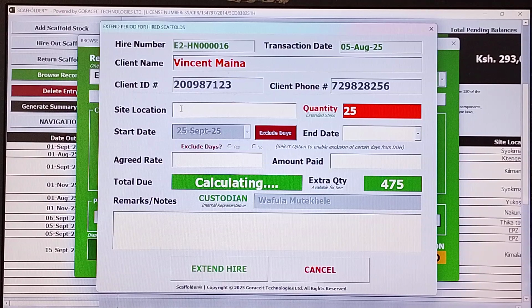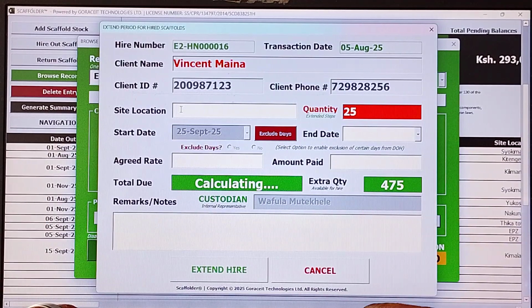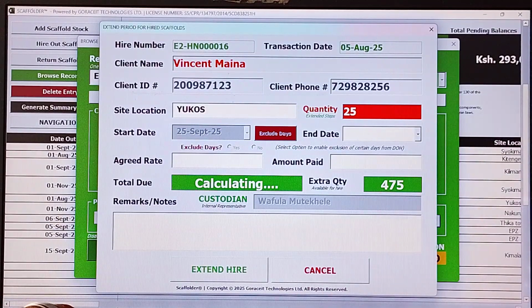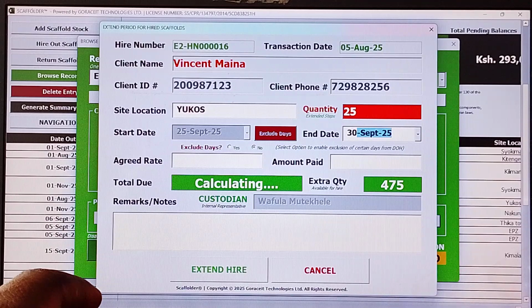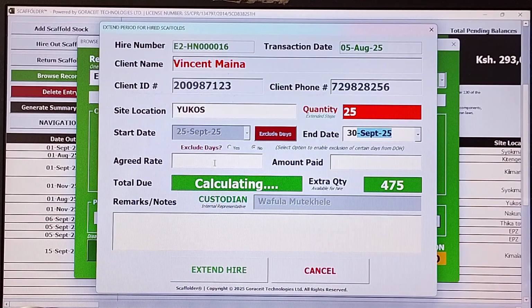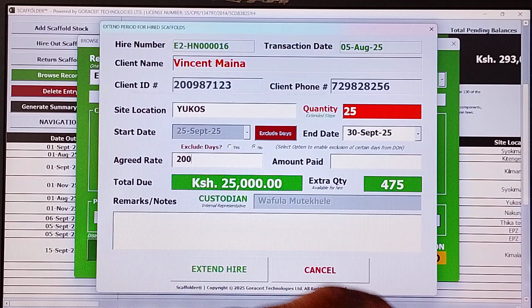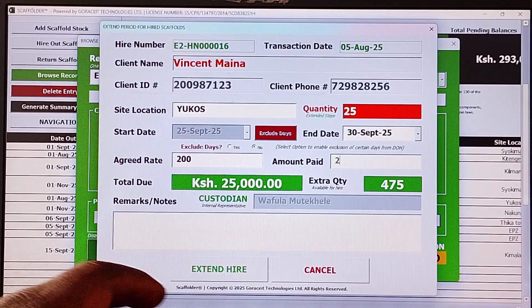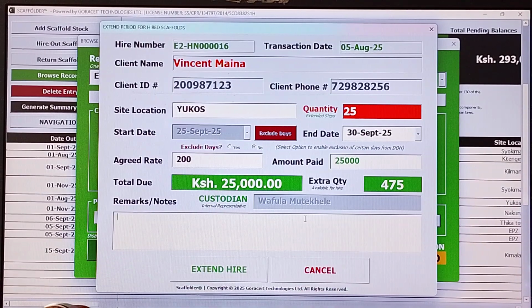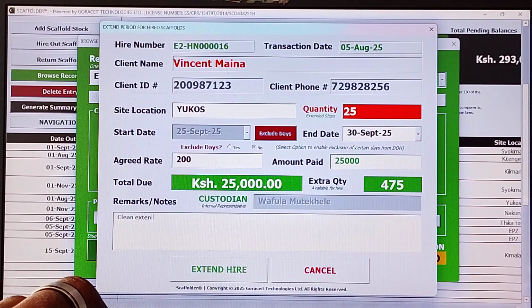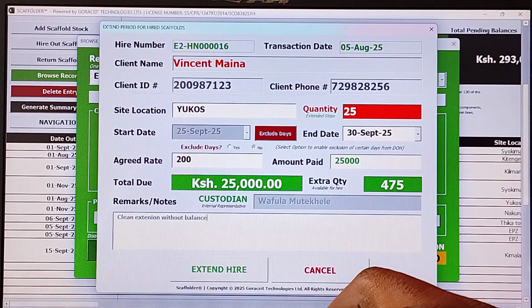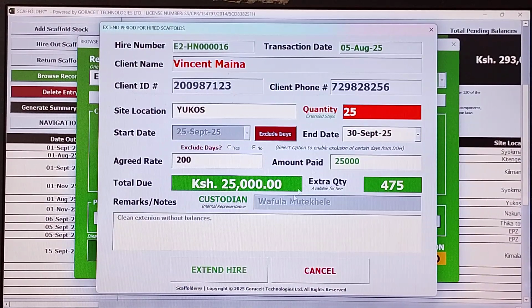So let's say we want a different site, say Yukos. Okay, we want to extend this until 30th. This time we will not exclude any day, and we'll give the client 200 and let them settle the account fully. Say, clean extension without balances. Okay, then click on extend higher,